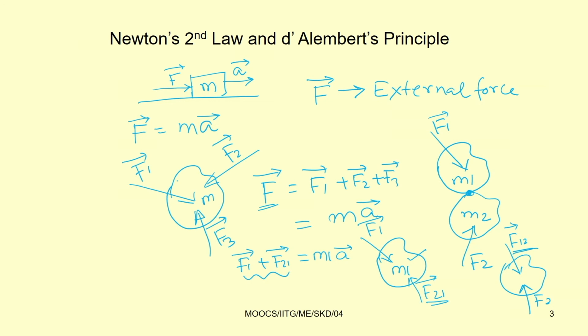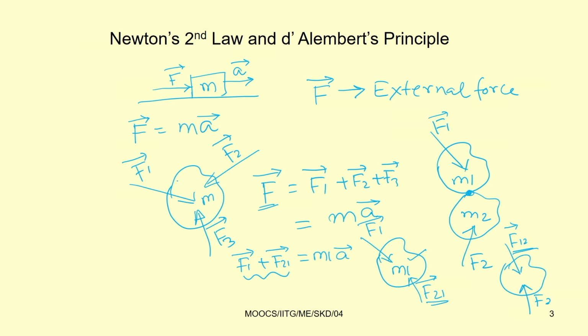As the number of degrees of freedom increases, getting these constraint forces and writing the equation of motion using them becomes difficult, because we have to draw a number of free body diagrams. If a number of masses are there in the system, we can go for the multi degrees of freedom approach, and by drawing individual free body diagrams we can apply Newton's second law to find the equation of motion.